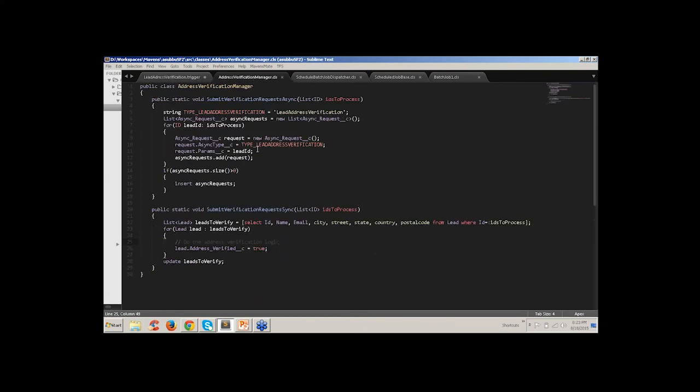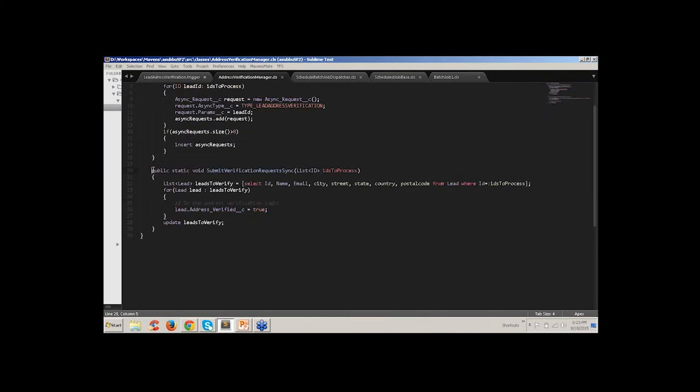It calls another class that executes the second method, that is process, or get all the leads for which the address has to be verified, do the address verification logic and set the address verified checkbox on the lead as true. This is a custom field that I have created. So just mark it as true and update the leads. Okay, so this is taking a lot of time.